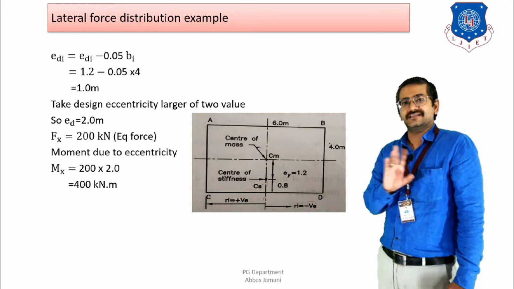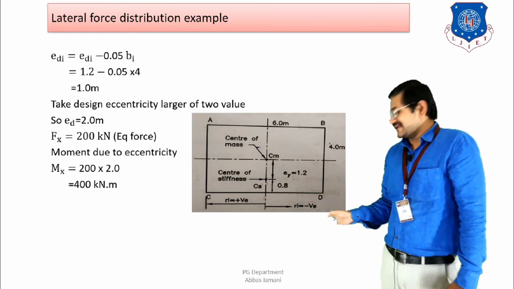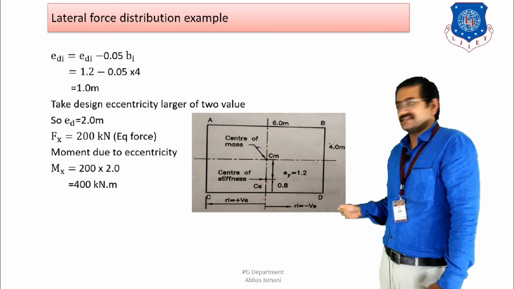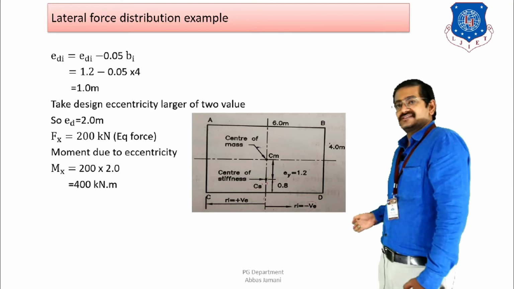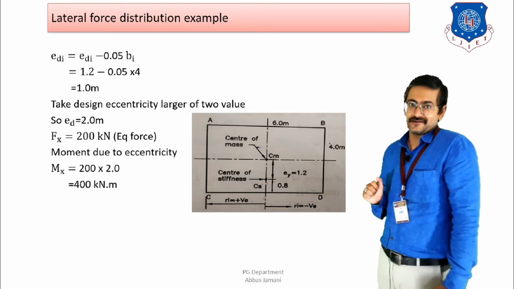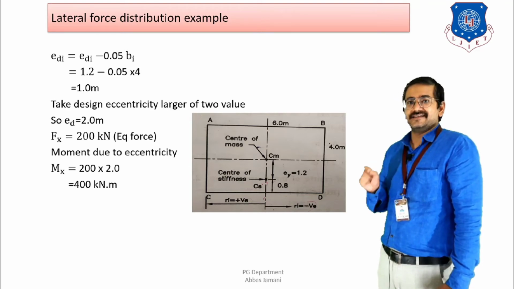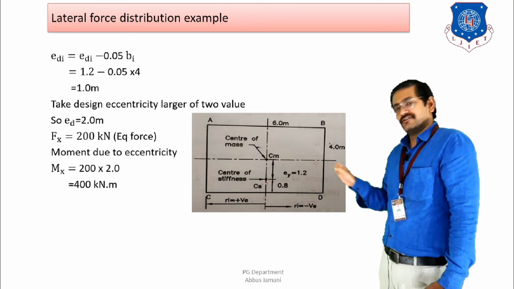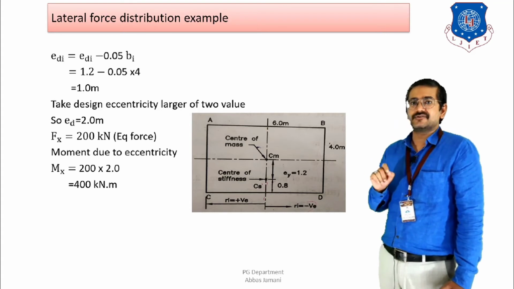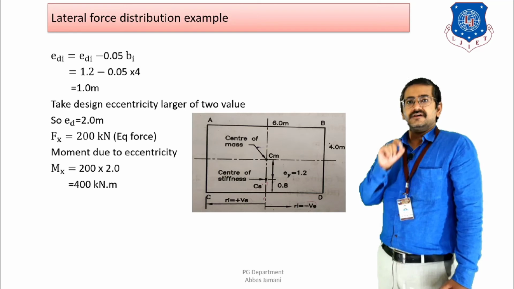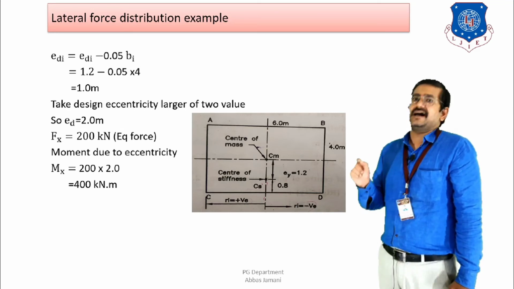Only the sign convention or the arrow in the figure is going to change, but this can be assumed. However, what I am assuming over here is that from the center to the left side I am considering positive value, and from the center to the right side I am considering negative value, right? And what is the definition of Ri? That is the distance from the column to the center of stiffness. So Rix is equal to the distance of the column to the center of stiffness.